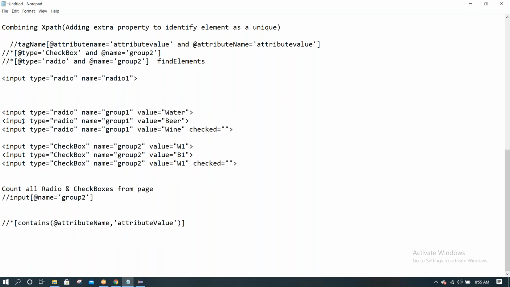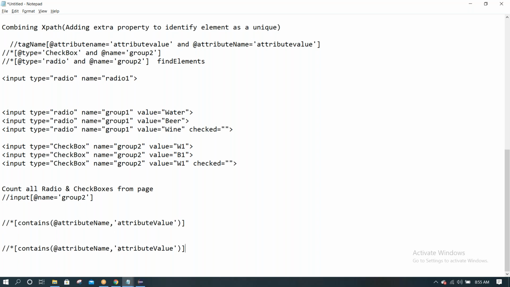Now, if you use group 2, it will identify only checkboxes, which will not give the radio buttons count. So how can we write a contains XPath now? Contains means we can give any value, not the full value. Or starts with, only the starting value is common. Give that common value. Okay.